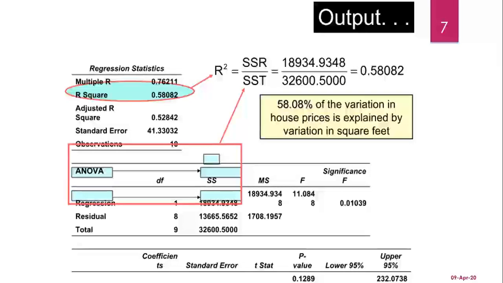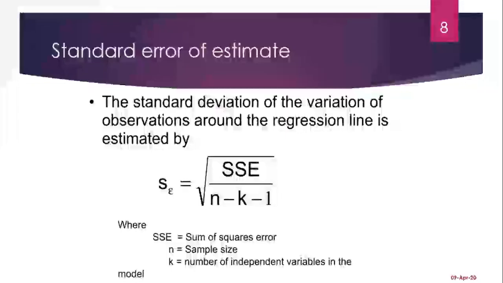That was the variation explained, or the variance explained, we were discussing in the last class where we were discussing PCA. If maximum variance can be explained by one or two variables, then these two variables or attributes are very important to have. Similarly, in case of regression also, we can see in this particular example, 58% of variance is explained by the variation. So to find the standard error of estimate, this is the formula.